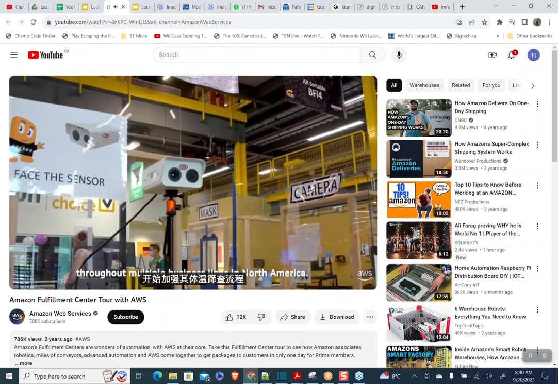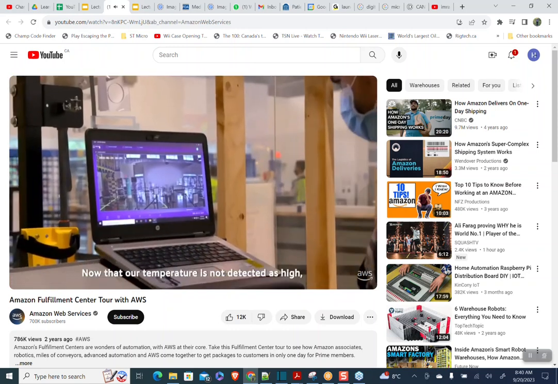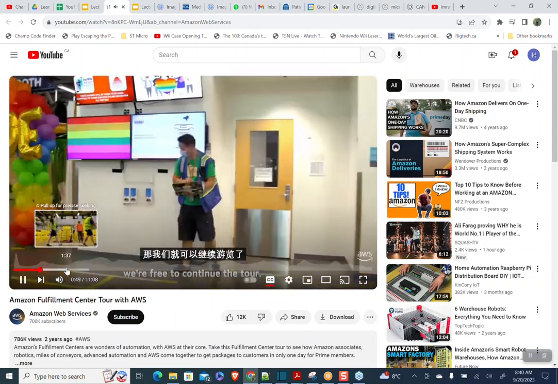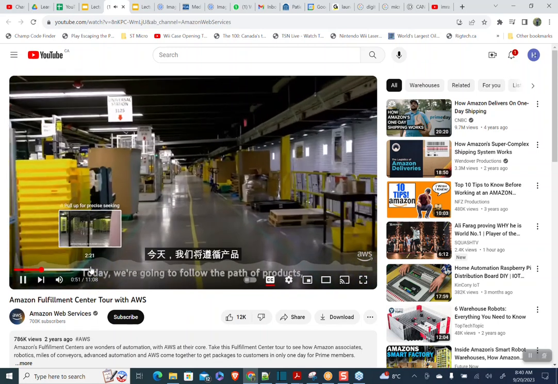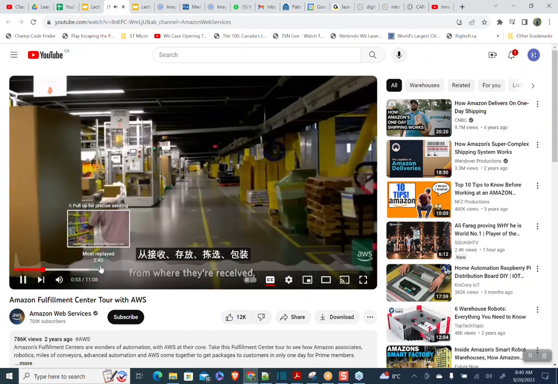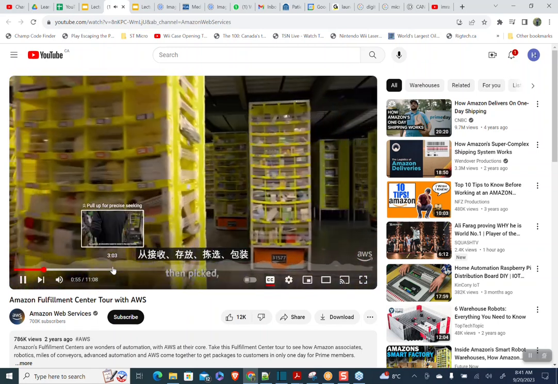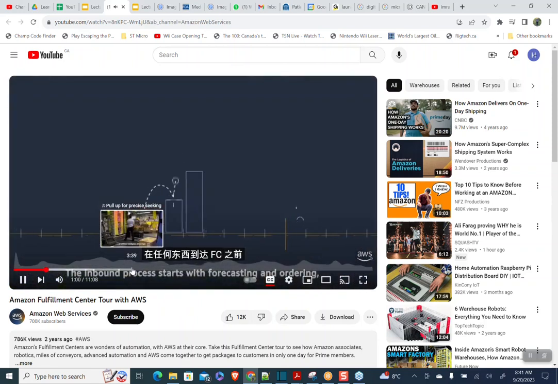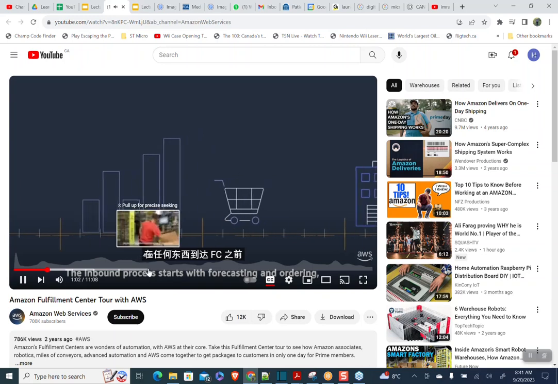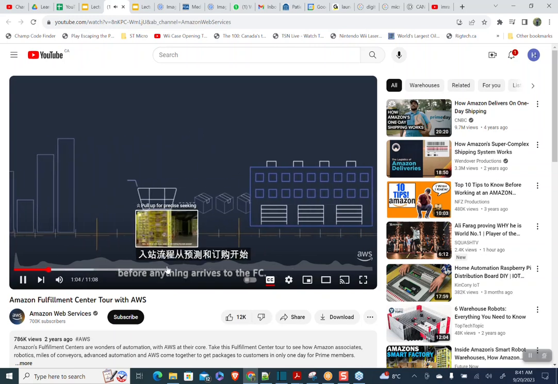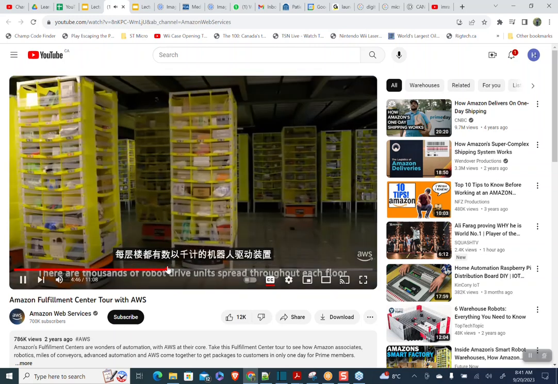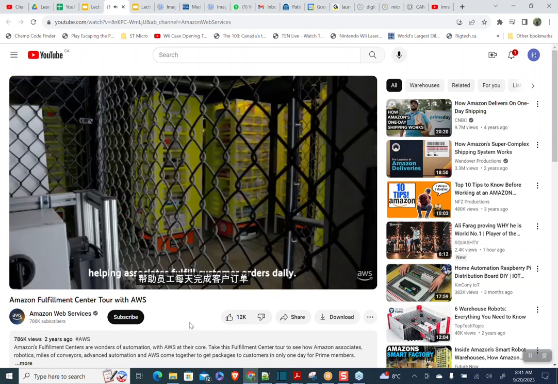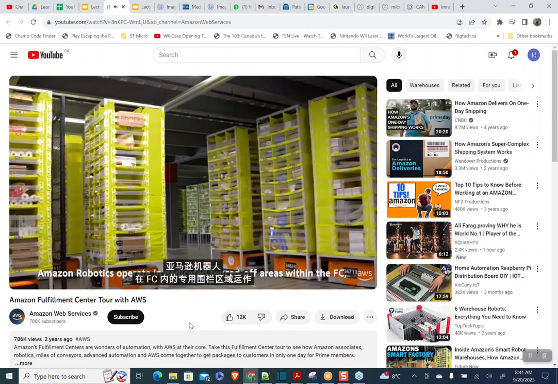As you can see here, face recognition systems, and what I want to show you is that once the order comes in, these are the products coming into the warehouse. And so see, these are the robots. You see their movements? That's amazing. And all of their movements